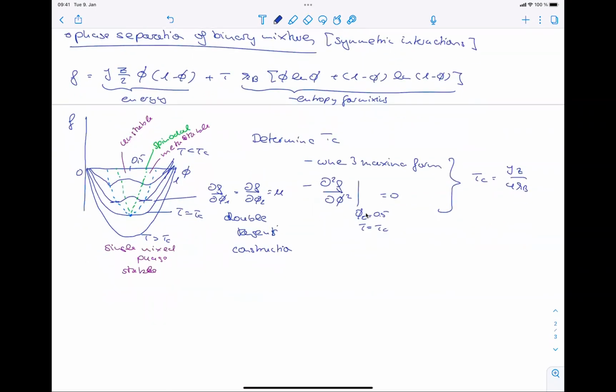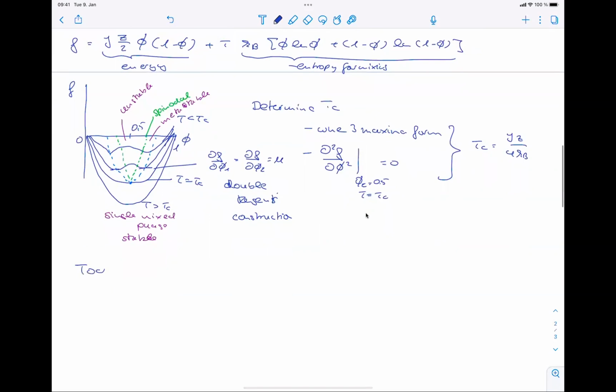Yes. And then, so today, we're going to finish on the Flory-Huggins theory of polymer melts, and then think about droplet